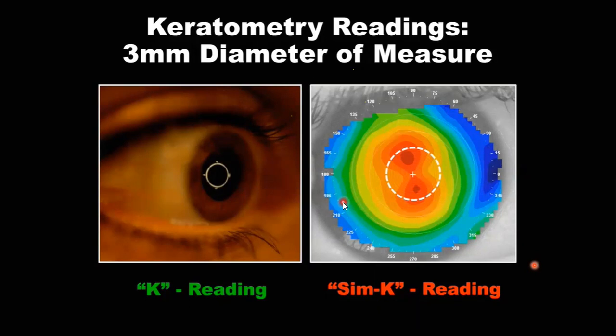That would be very helpful when we are fitting an irregular cornea, or when we are fitting a cornea with RGP lenses or scleral lenses. Otherwise, for soft lenses, keratometry is a good one. Even for RGP lenses, you can take this information and start with this. But the only point I wanted to say is that keratometry does not give you the information of the whole cornea, how the overall shape is, because it only measures the 3 mm.